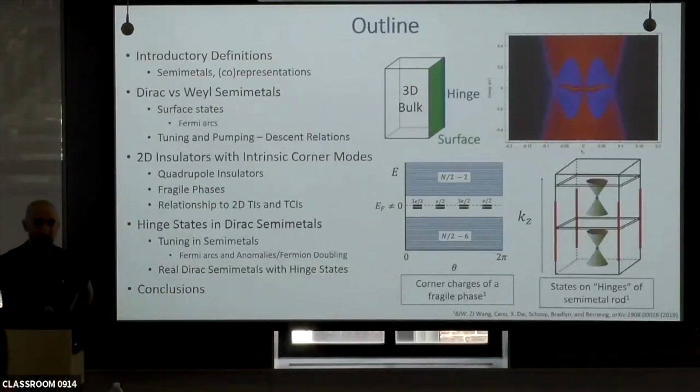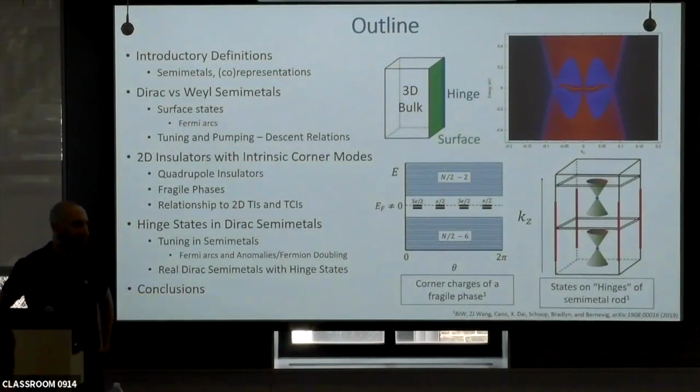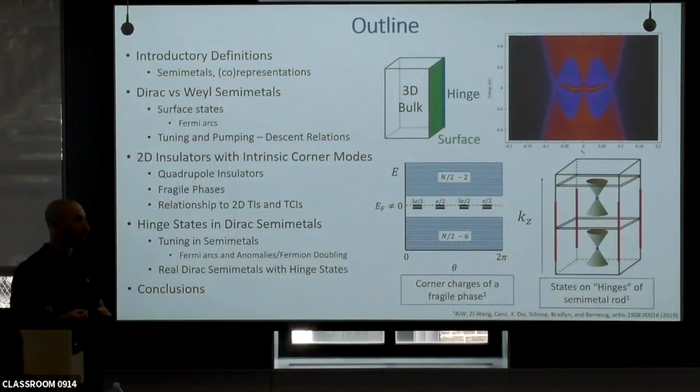This talk is structured as follows. First, I'm going to give a brief introduction on nodal semimetals, symmetries and topology. We don't have to do too much of it because a lot of people covered this earlier. But I'm going to focus on Dirac and Weyl semimetals in a bit more detail and talk about how they have different versions of surface states and how you can understand them through tuning or pumping relations. And I'm going to use that to motivate a discussion